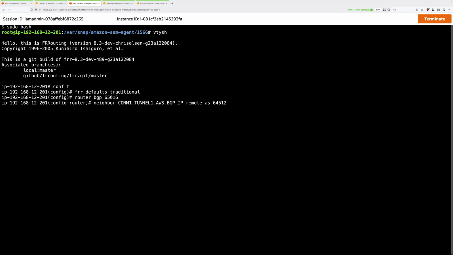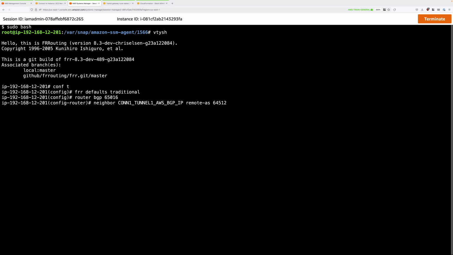Now we'll do that using this command. So neighbor, then an IP address, remote-as, and then the ASN of AWS, which is 64512. So we're configuring a relationship between our ASN, which is 65016, and the AWS ASN that's used by the Transit Gateway, which is 64512.